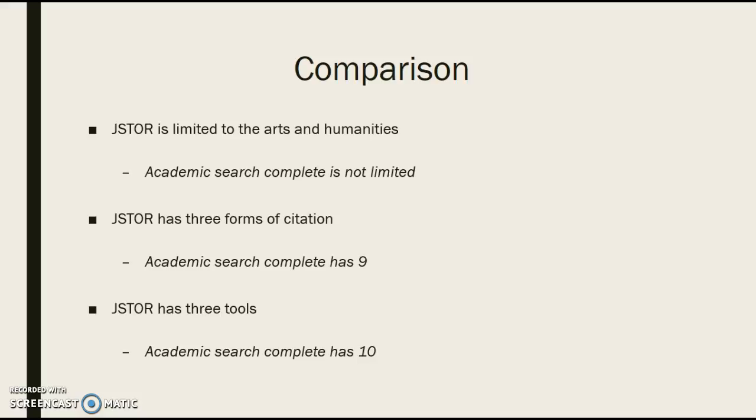If you are more hands-on and you would like all those tools, I think Academic Search Complete is a great option. Sometimes it does get a little hairy because there is so much information given to you that it can get a little confusing if you're not accustomed to that kind of database. JSTOR is great for beginners because it's very straightforward once you access it. Accessing it may be a little difficult if you don't know to scroll all the way down to the search results and other things like that. Both have their pros and cons,